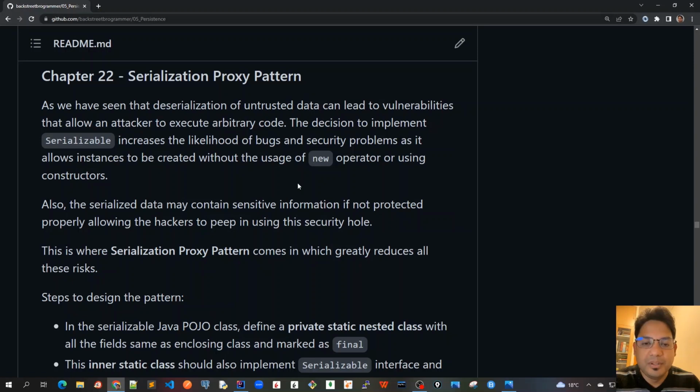execute arbitrary code. So whenever we decide to make a class serializable by just using the implements Serializable keyword, it increases the likelihood of bugs and security problems, as it allows instances to be created without the new operator or constructors, because we are just using the deserialization mechanism to create a copy of the original object without using the standard way of using the new operator or constructors. Also, the serialized data may contain sensitive information if not protected properly, allowing hackers to peep in using the